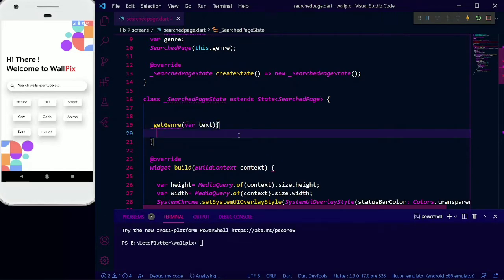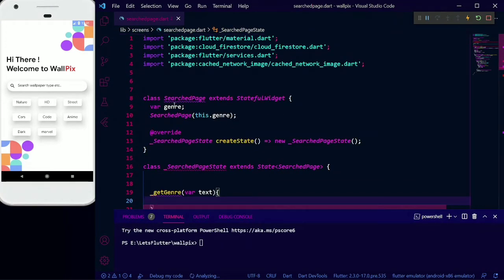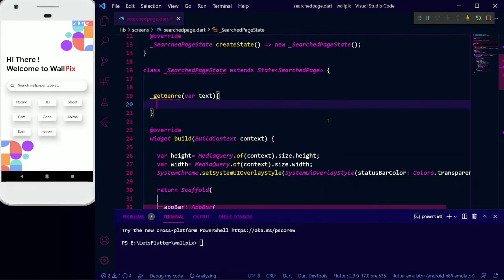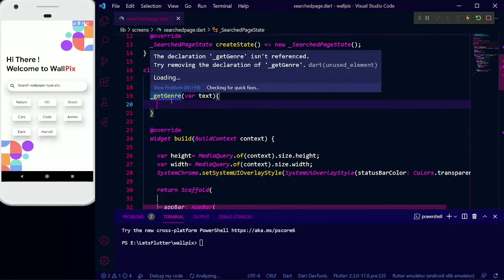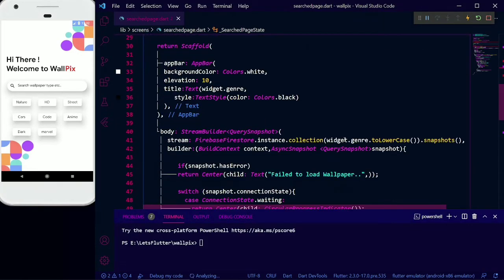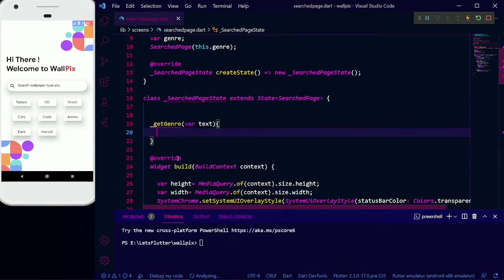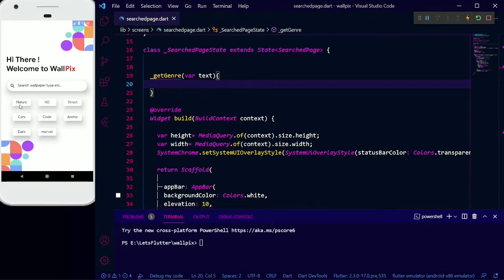Basically, we get the genre name that the user will search here, and we will call the search page, manipulate the data, and return something that is in our collection. For example, if the user searches forest, we will hit the collection name as nature, because forest is nature, and all our wallpapers containing animals, forest, or greenery will target nature.